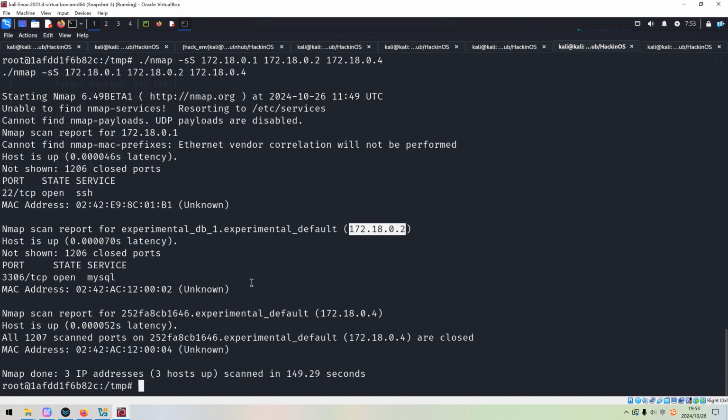So just now, do you remember? We have already retrieved the credentials for the MySQL connection. So this time, we can try to connect to this container, or this host, by MySQL. The username is WordPress. The password is WordPress as well.